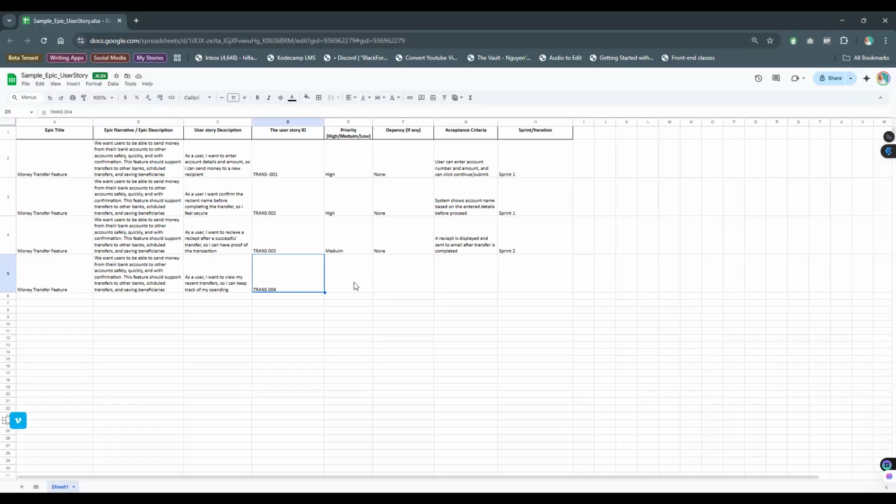Right, so this is under trans 004, and then what we have there is as a user, I want to view my recent transfers so I can keep track of my spending. Now you can put this under medium as well. And remember our medium is in sprint 2, right? So there are also no dependencies here. And now the acceptance criteria for this one could be something like